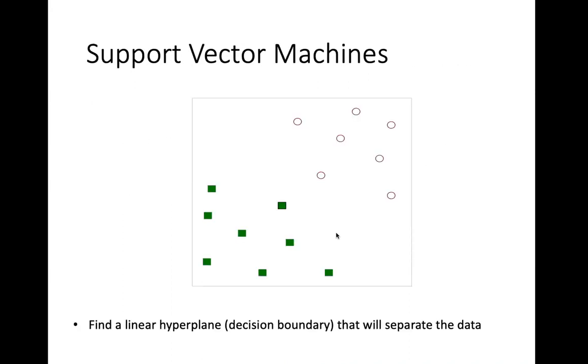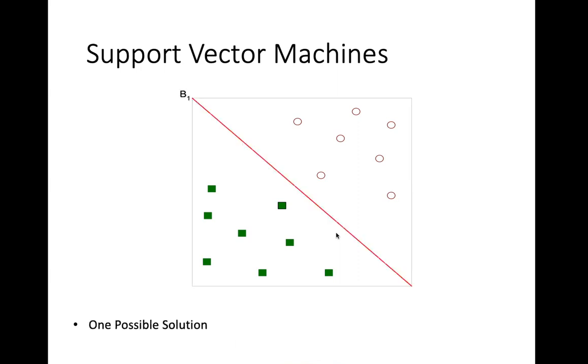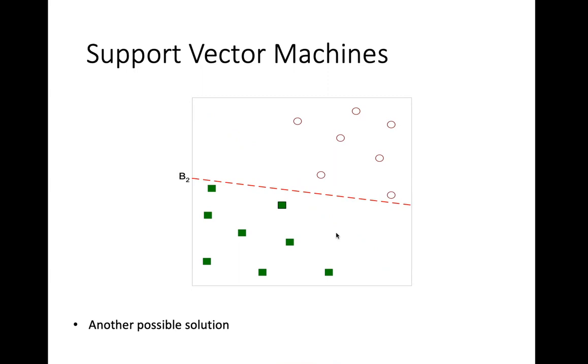Okay. Now we take up one more approach, which is called the support vector machines. In support vector machines, the idea is that you have two classes, and we are trying to find the decision boundary, which way that decision boundary should go. We want to make the decision boundary go in such a way that it optimizes the distance to a set of samples, which are called the support vectors.